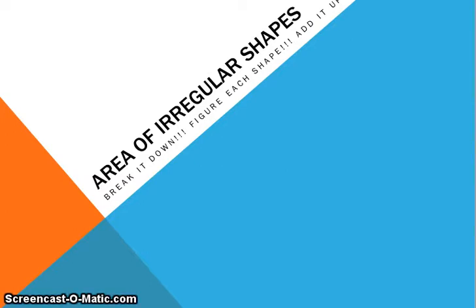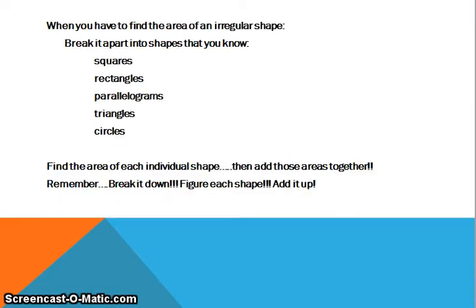So just a little warning, we're going to be going back and forth between some PowerPoint slides and a SMART Notebook with shapes on there. So if it goes in and out, it's just because I'm flipping back and forth through presentations. Okay, so